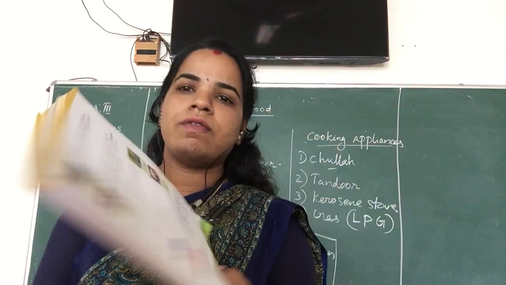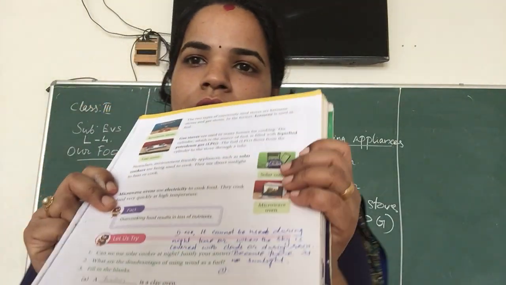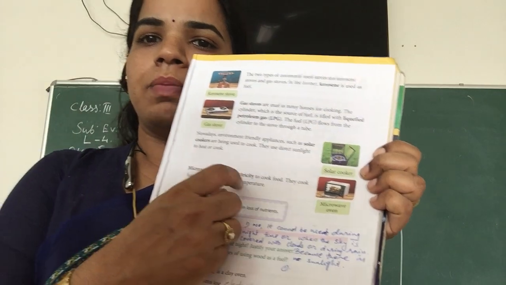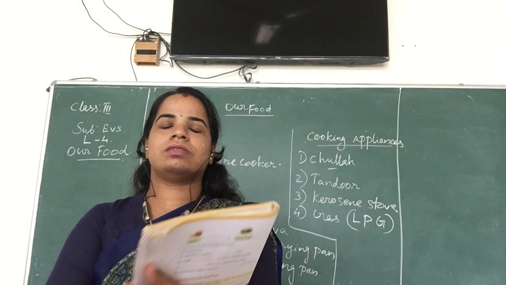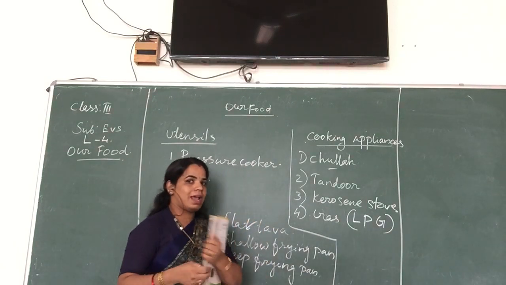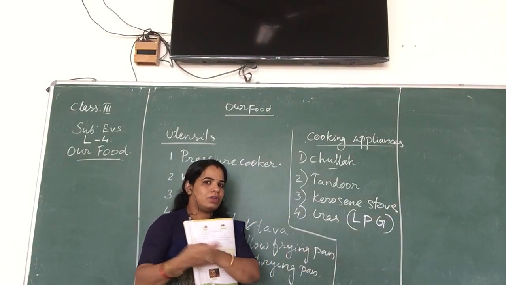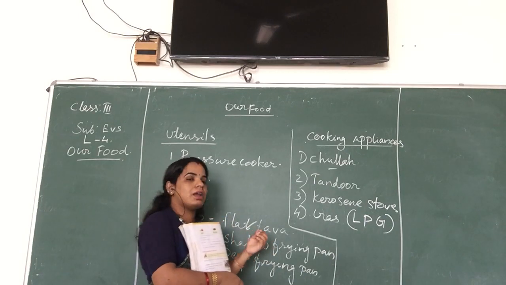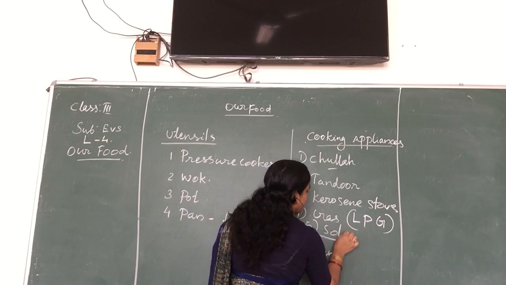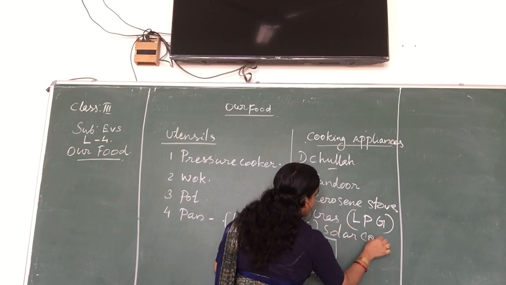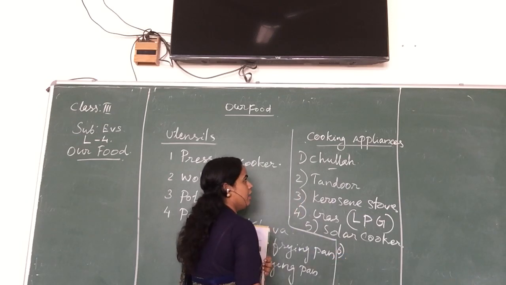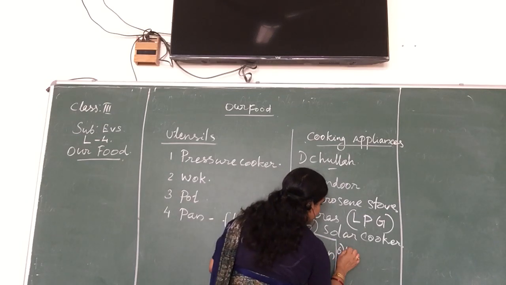And the next one, the microwave oven also. This is a microwave oven, and we use electricity to prepare very delicious cake, biscuits, and some puffs, whatever may be your wish, different things we prepare by using the microwave oven.